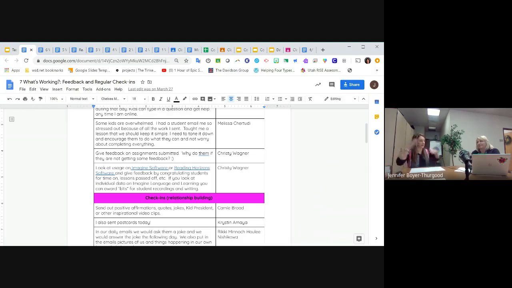Some parents, again, we've got lots of different things going on out there, have said to send a packet, and it's easier. Do you want to talk about that? So with a packet, we're giving them assignments, right? That's pretty much it. Assignments. There's really not anything set up for feedback that I'm aware of in those situations. But we really realize that there are some families who, at this point, that's all you've been able to do.